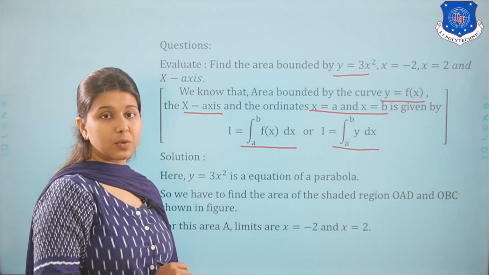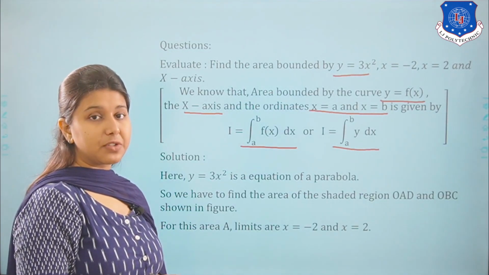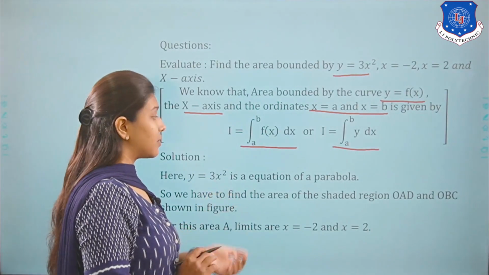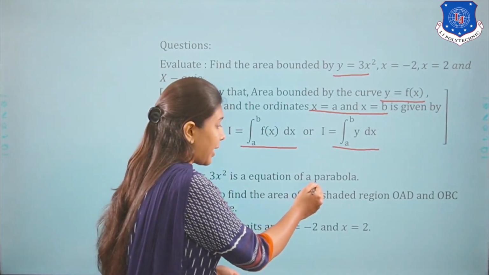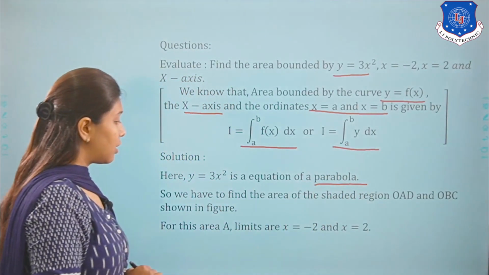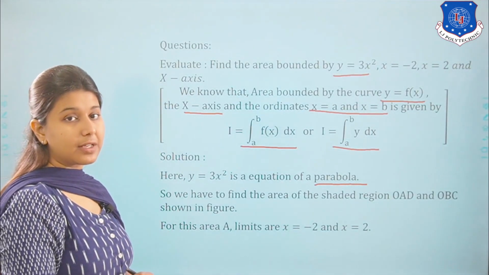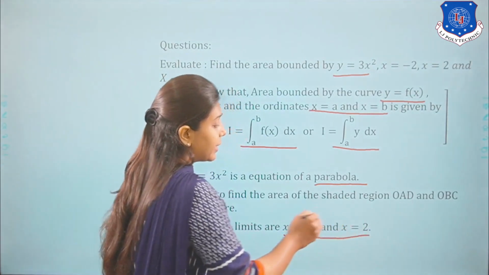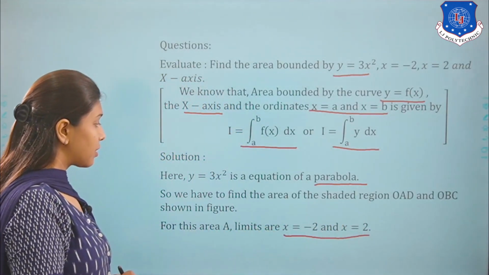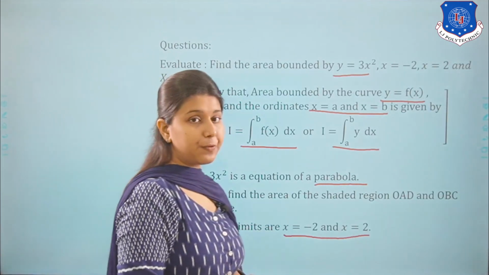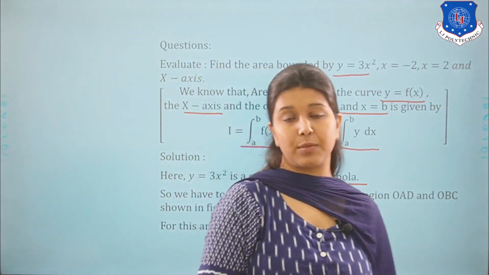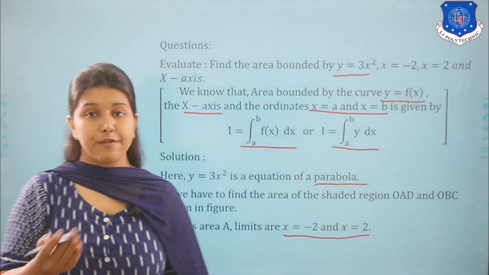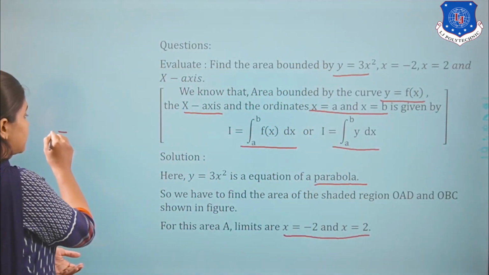Here y is equals to 3x square, that means your function f of x is equals to 3x square, which is the equation of a parabola, and the limits of x, that is minus 2 and 2, are already given in your question. Now how to find the area of this parabola? That means this function f of x is equals to 3x square. For that, if we are using graph,